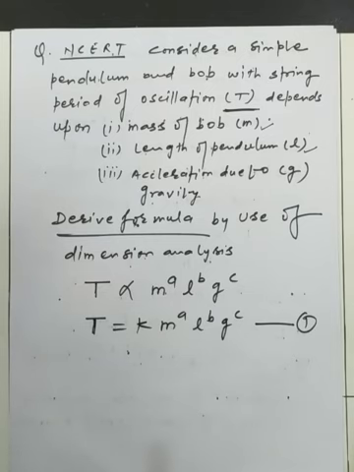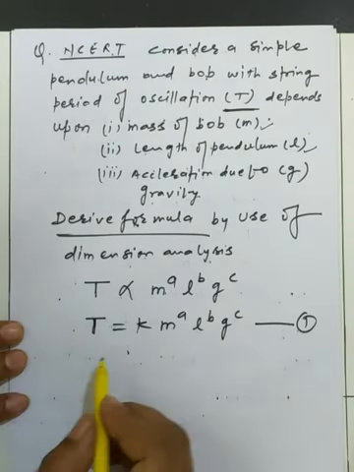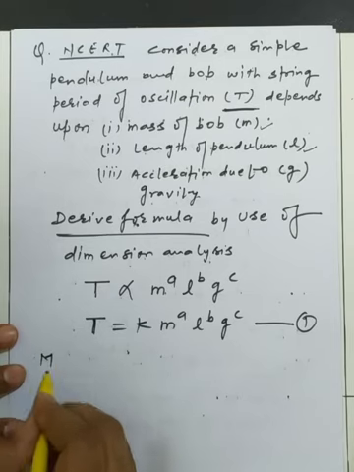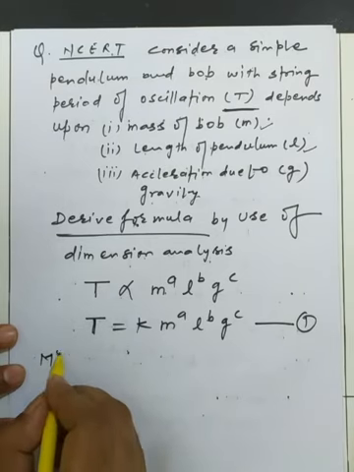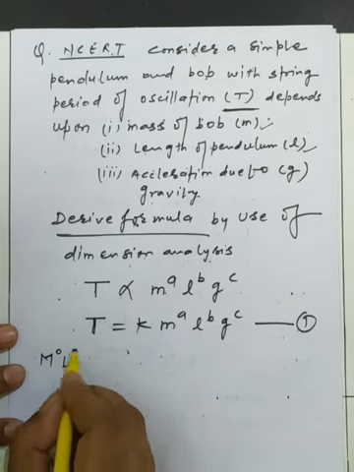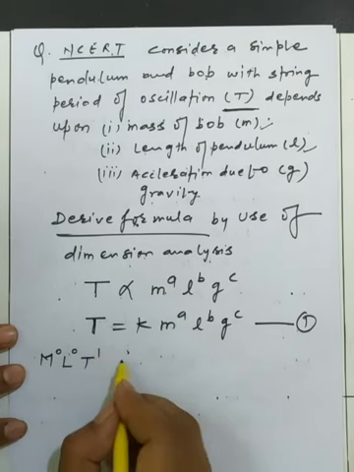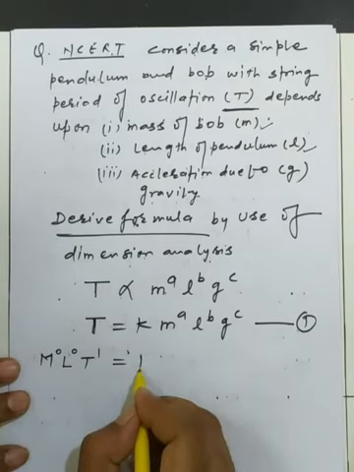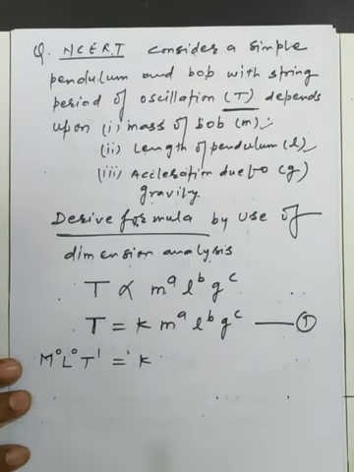We have to choose the dimensions of a particular physical quantity in the left hand side and in the right hand side. T is the time period, so we easily write the dimension formula of the time period, that is the time: M0, L0, and T raised to 1. It's a simplification of the left hand side part. Now k is the constant, don't bother about it, because in the standard formula we will get the meaning of the constant. Still we are not aware about it, so don't bother about it.